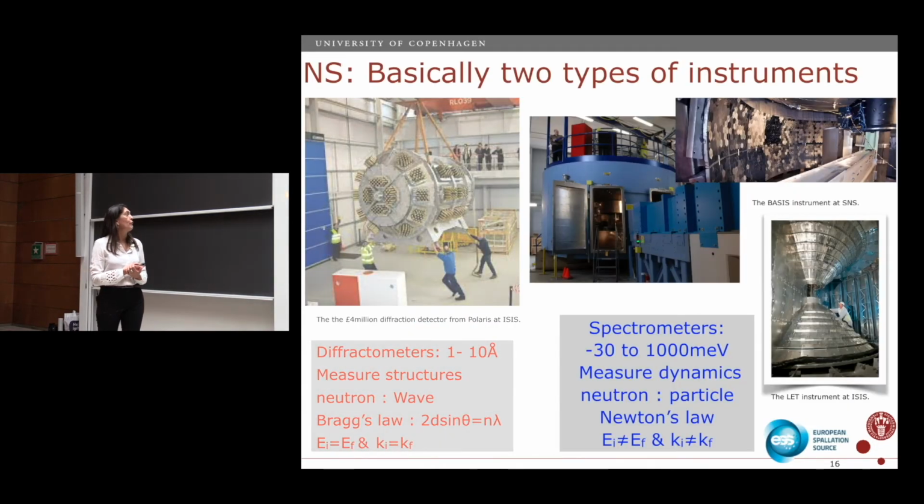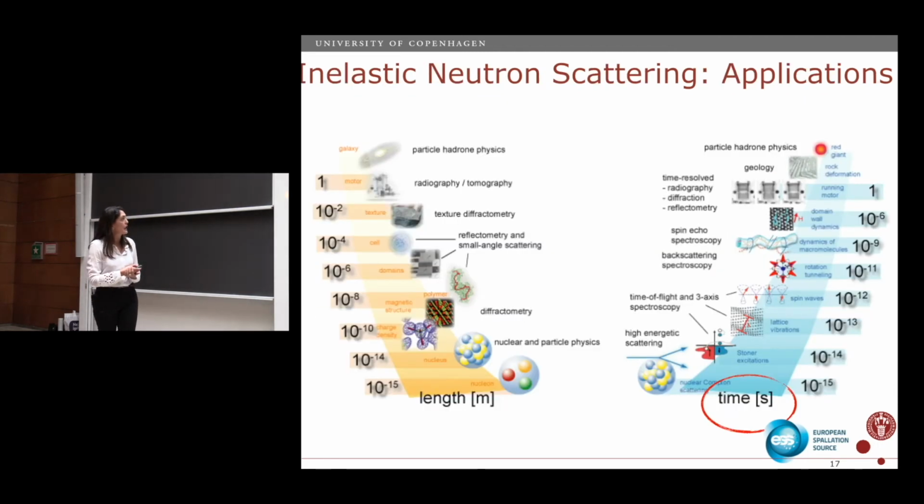So now, if we move to the spectrometers and if we move to dynamics, these are the time scales that we can look at. So we can go from spectroscopy where we really measure very small interactions to things that are, again, time-resolved, where we can see, for example, a lithium battery at work, and we can figure out what's the diffusion of that lithium battery.